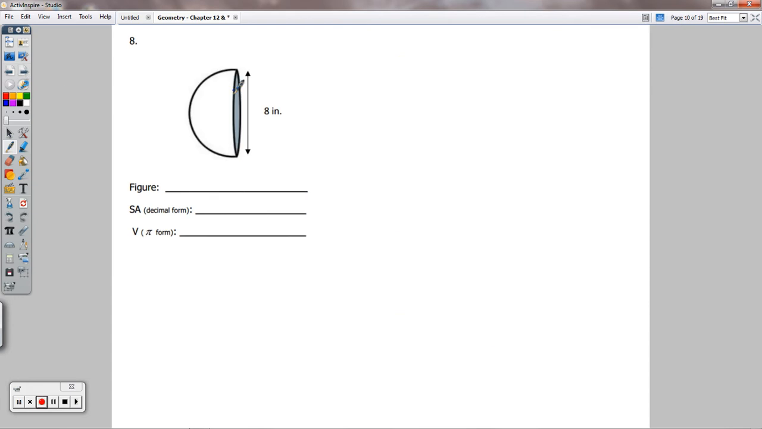Number 8, we have a hemisphere here. We have half a sphere or a hemisphere. And then the surface area in decimal form and volume in pi form. The surface area of a regular sphere is 4 pi r squared. So for a hemisphere, you're going to have half of that. However,